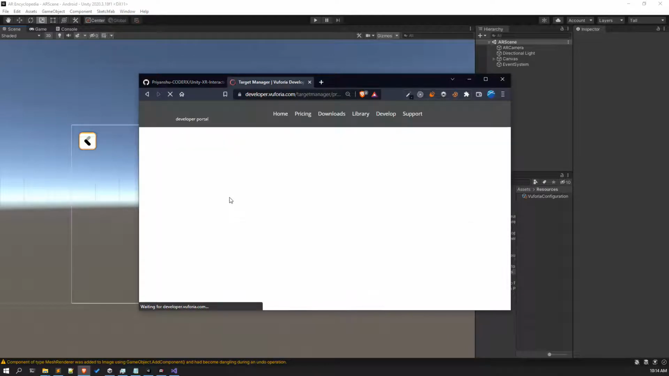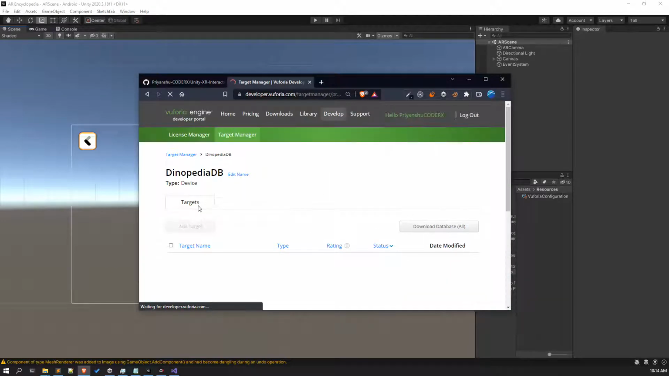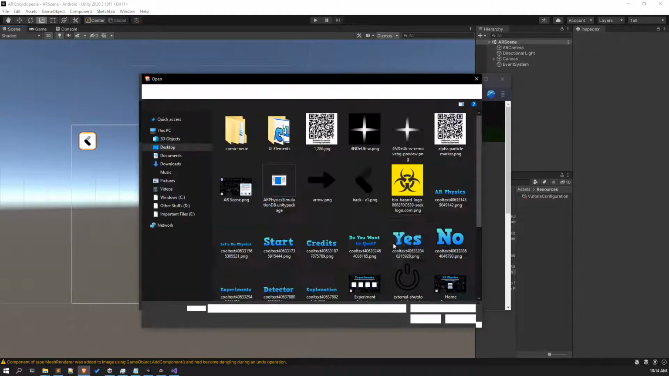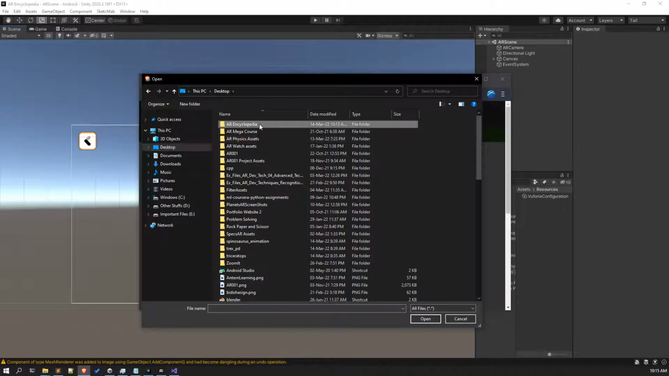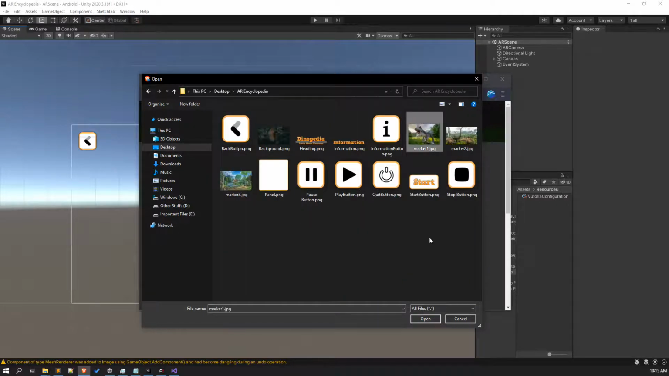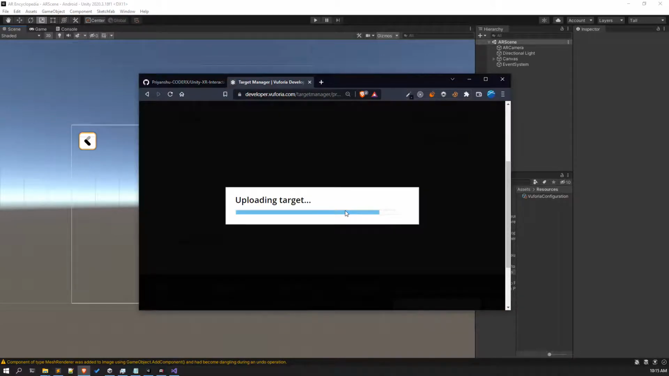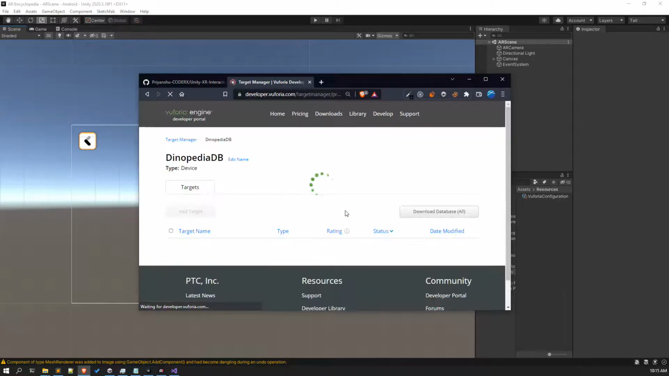So now what you have to do is, after opening the database, you have to add the targets. All right, so click on single image. All right, choose the image file. All right, so this is not the one, just yeah, here I got it. Now this is the marker one. All right, so let the name be marker one and give it a width of, let's say, 6. All right, and wait for it to add the target,